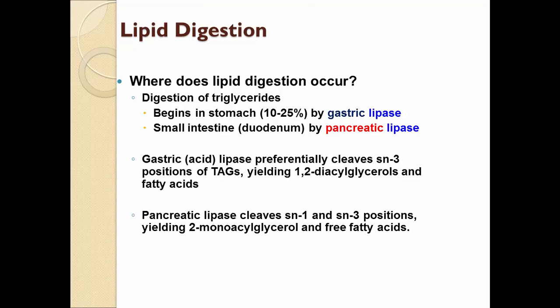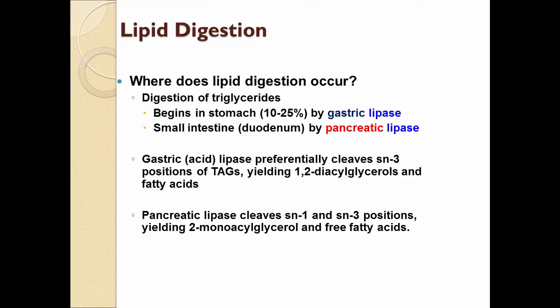The two enzymes have different preferences, because gastric lipase normally cleaves the SN3 position of free fatty acids. So gastric lipase usually removes fatty acids from the SN3 position and generates